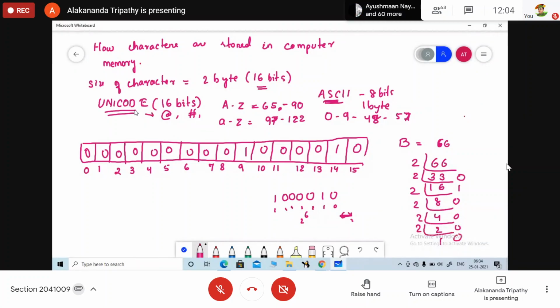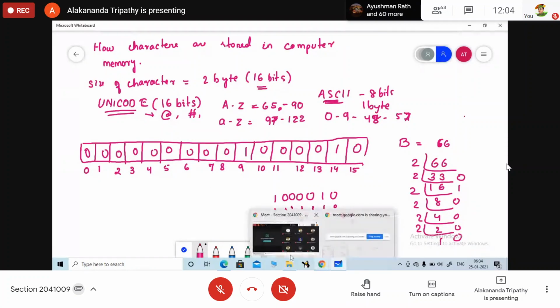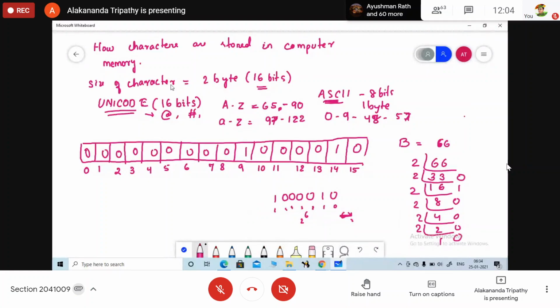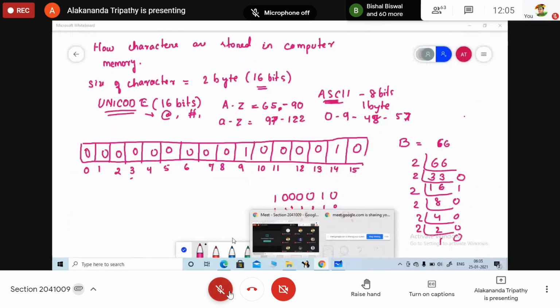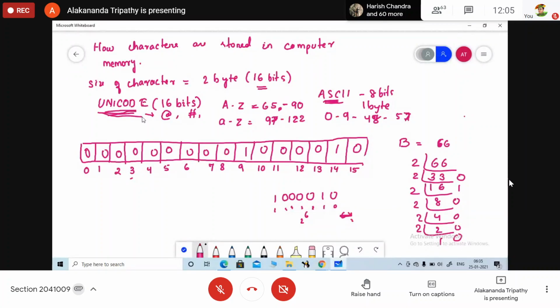Now, in order to store a character in the computer memory, what is the size needed? 2 bytes or 16 bits. In Java, the characters are stored using Unicode. The size of Unicode is 2 bytes, or 16 bits.